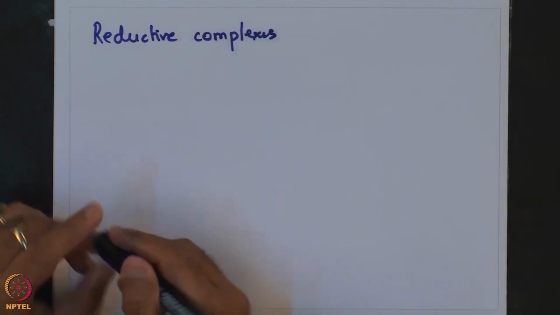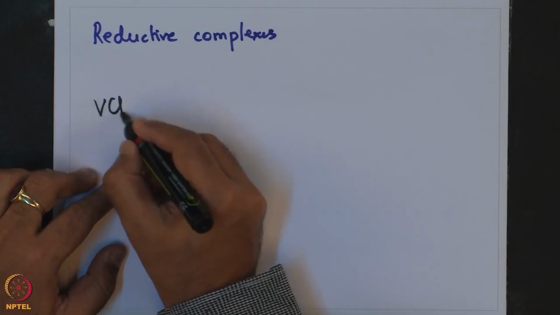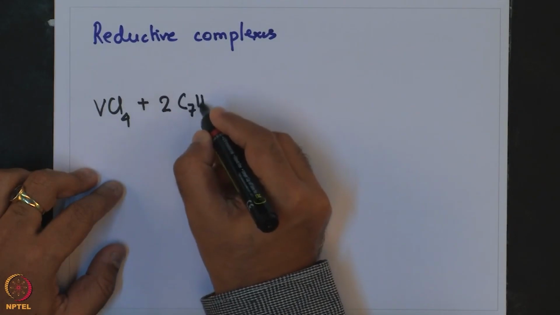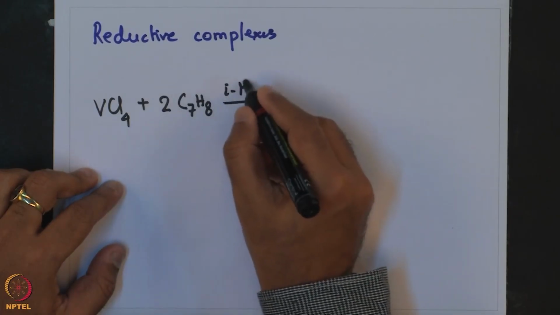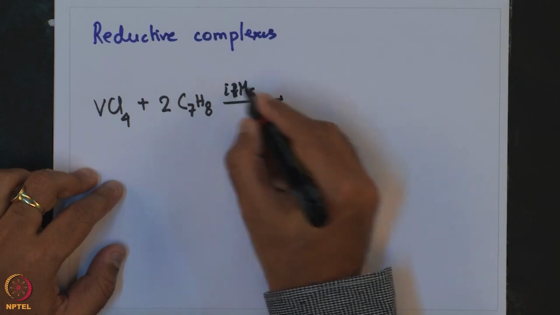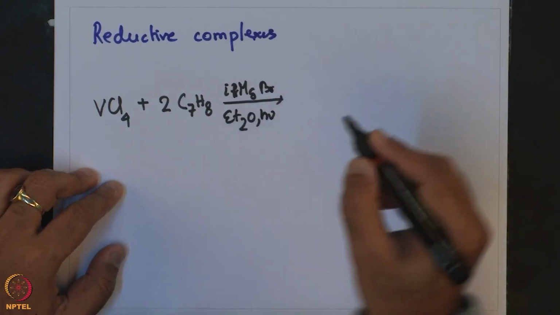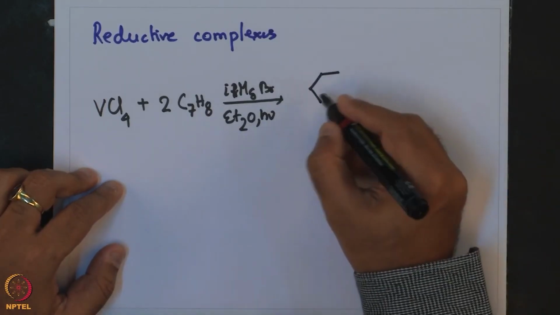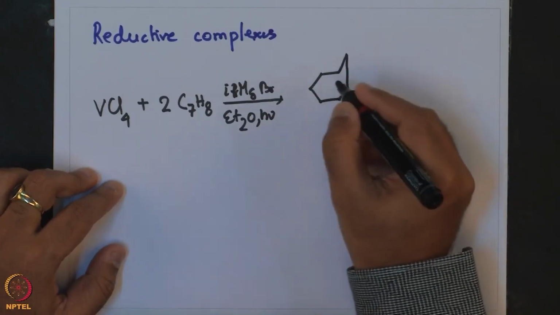So, in this method what we see is that vanadium Cl4, upon treatment with 2 C7H8 in presence of a Grignard, isopropyl magnesium bromide, ether and light, produces this eta 6 C7H8 bis complex,